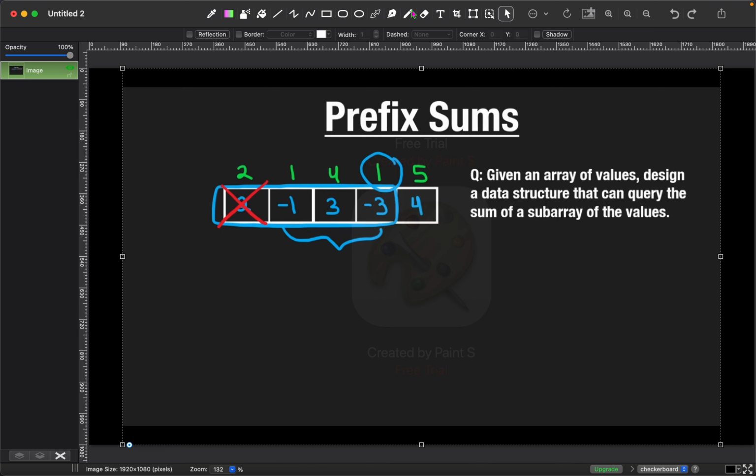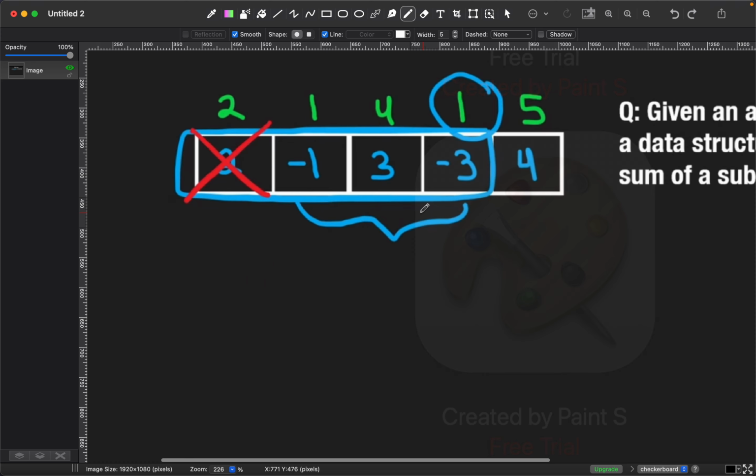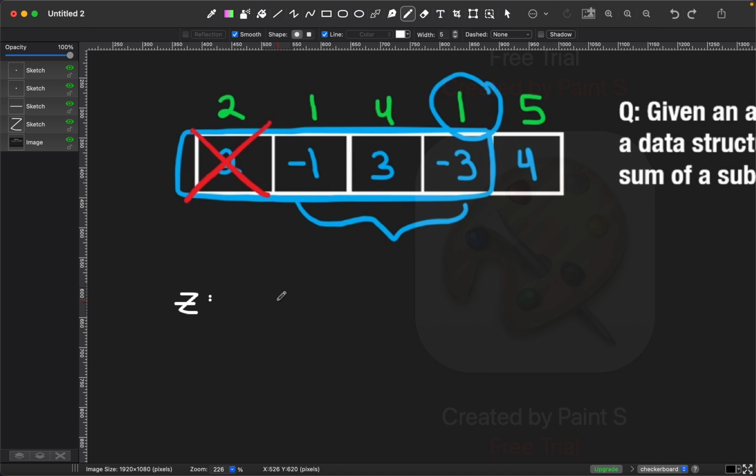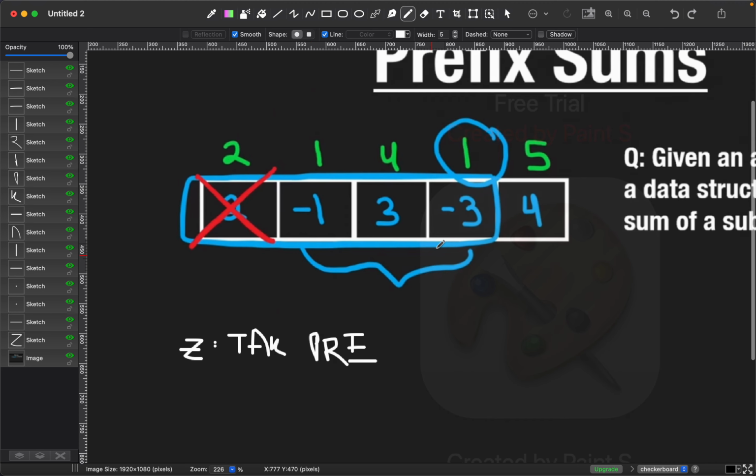So ultimately what this guy is doing is that first and foremost we want to calculate these guys over here, right? So first thing first, operation Z is that we take this value, so we take the pre-value,